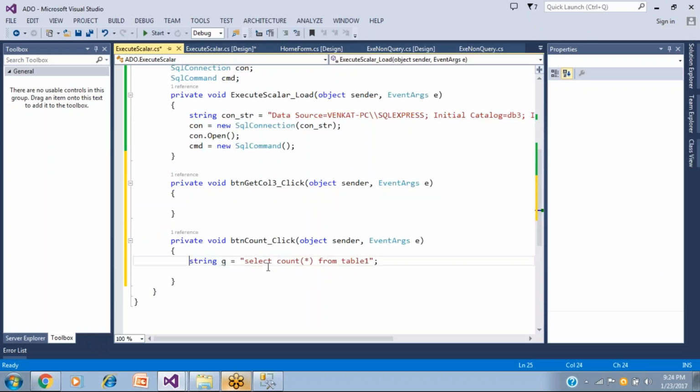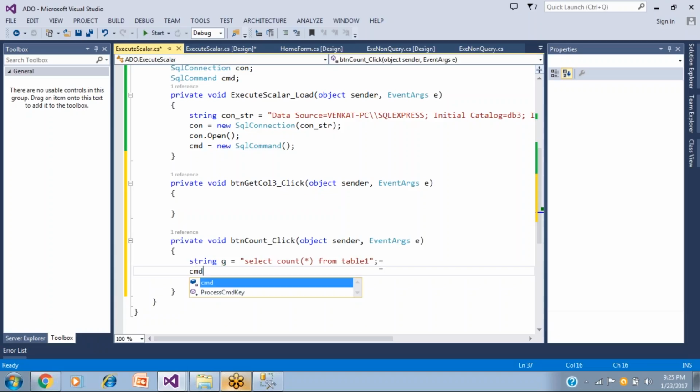So for this query to get executed, we need a connection to be opened. We have created a connection and opened it, and a command object is available in front of us. The query that we had is to select the total number of records in a table. Is there any parameter in this? No parameter, everything is fixed, the query is fully complete. Now I want to execute this query.